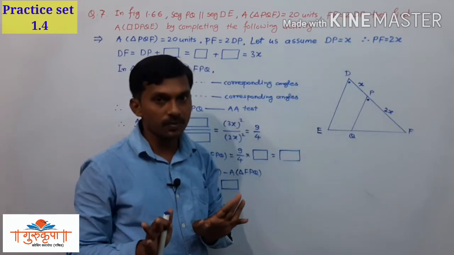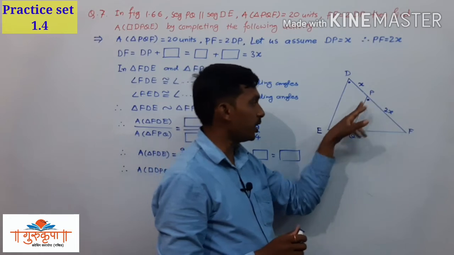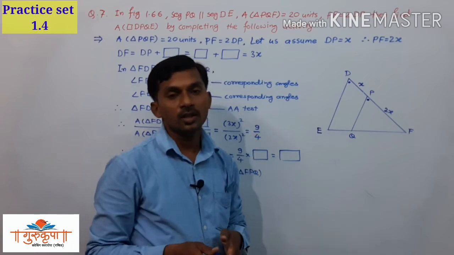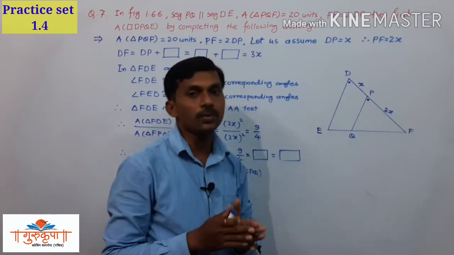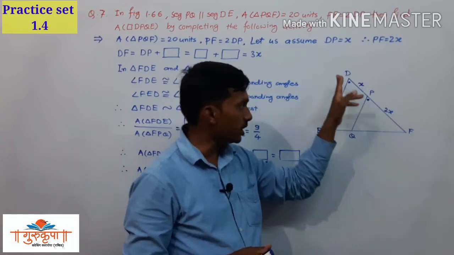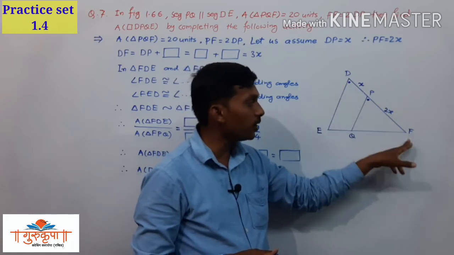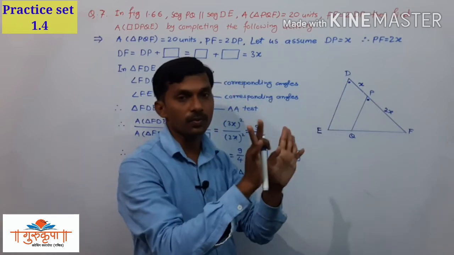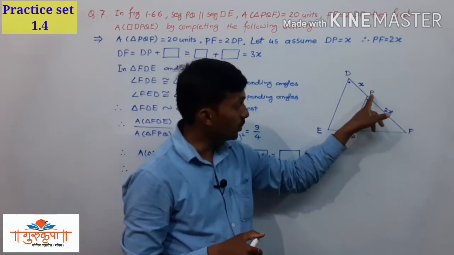This is the first step only. In the first step, we have to show that the smaller triangle is similar to the bigger triangle, and then we have to use the theorem of the areas of similar triangles. But in that theorem, which sides we use is very important. We have to use these sides PF and DF, that is, area of triangle DFE upon area of triangle PFQ is equal to DF square upon PF square. That is equation 1, and there we have to stop. We have to represent that as equation 1, and then we have to find PF and DF.